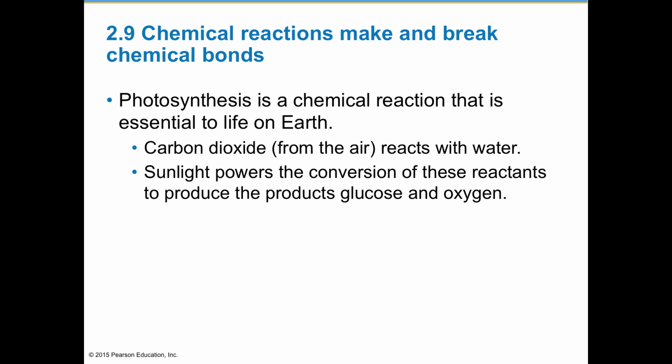We will talk lavishly in later chapters about photosynthesis and cellular respiration. Photosynthesis is the chemical reaction that is essential for life on Earth. Remember, it is thought that oxygen comes from plants. So hopefully you know that. So without our trees,